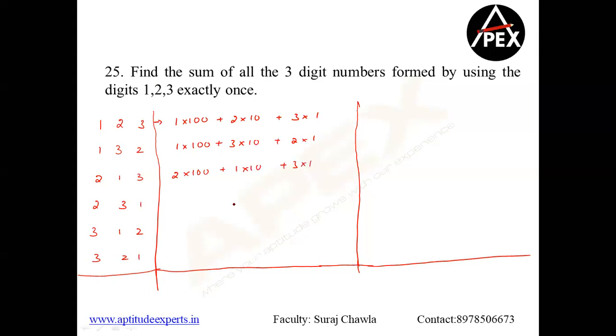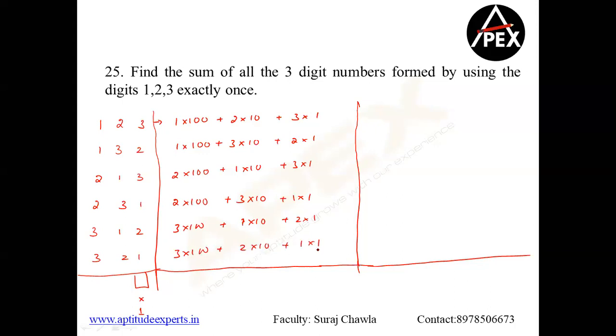Guys, whatever you are doing is the same, nothing else. We are just taught how to add them. If I am writing in the units place, obviously my final answer is into 1. So don't worry about that, okay? So 2 into 100, I'm just saying how did addition come into existence and how did this formula also come into existence, okay? Now 3 into 100 plus 1 into 10 plus 2 into 1, and this is 3 into 100 plus 2 into 10 plus 1 into 1, okay?